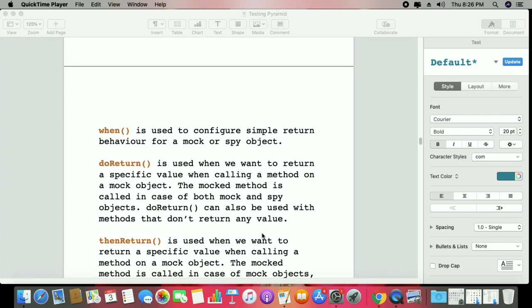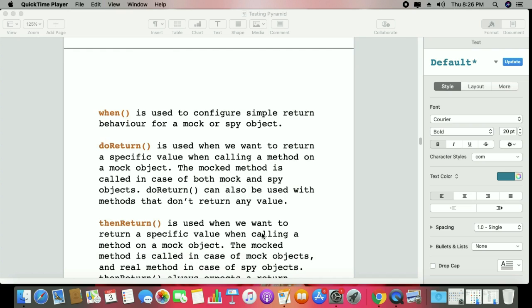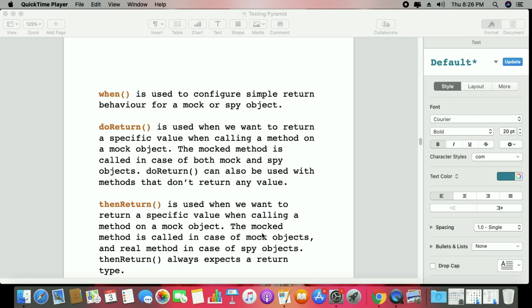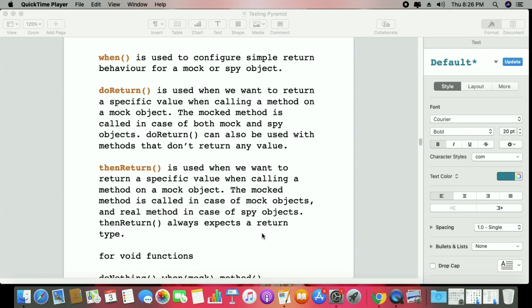Practically, I will describe what when, doReturn and thenReturn are. That's an important part. Whenever you work with the mock, when is used to configure simple return behavior, for spy or mock both. doReturn is used whenever you want to return specific values when calling a method on the mock object. It's good whenever you work with the spy, as it gives you the exact result. And thenReturn is good too, but we mocked it,